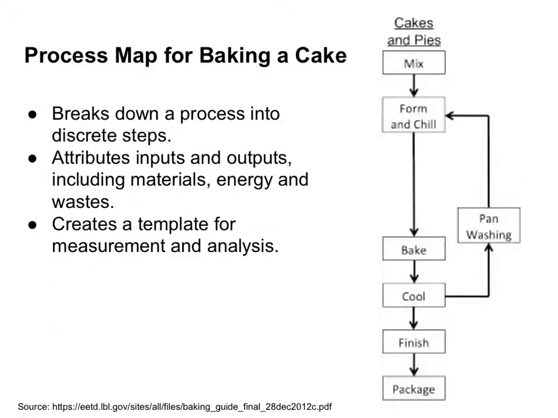While self-assessment questionnaires are good for focusing attention and getting sustainability programs started with their pointed questions, process mapping initiates a much more targeted and analytical approach to improving production efficiency. Process mapping is simply the creation of a flowchart that shows different stages of a production process and then the related inputs and outputs. The chart on this slide shows a process map for a bakery that makes cakes and